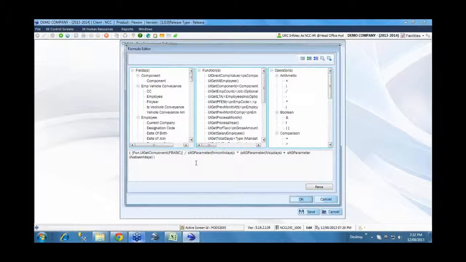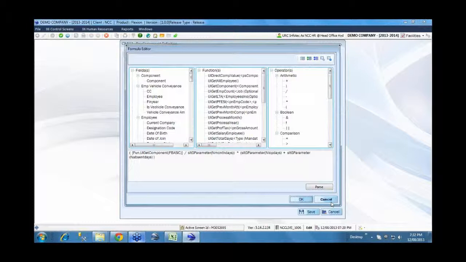You can have a complex formula like this, which we can define, and it's not just the calculation of value, but also to whom this is applicable. That you can also specify as a condition. So this is not a common formula which will be applied for everybody, right? We can say for this person this is the formula, for this category or this grade this is the formula. Whatever the variation is, based on that we can define.